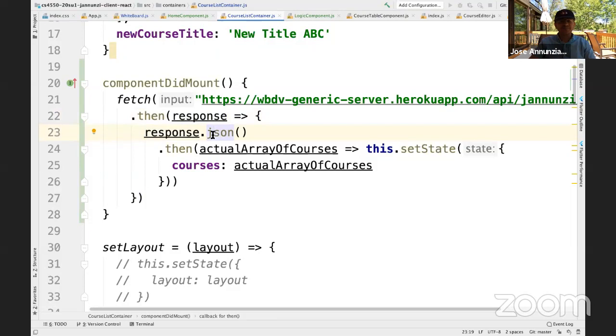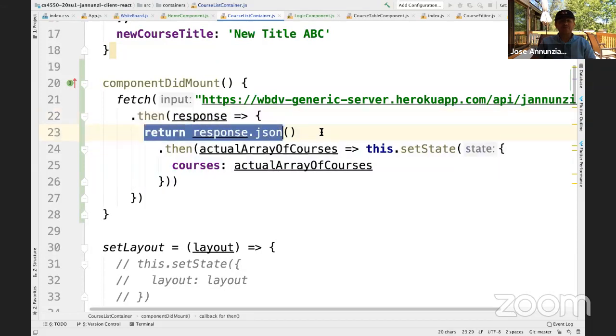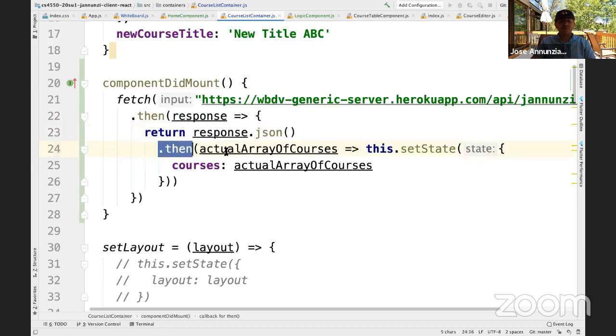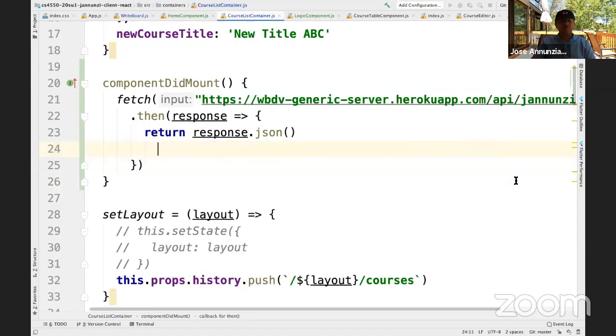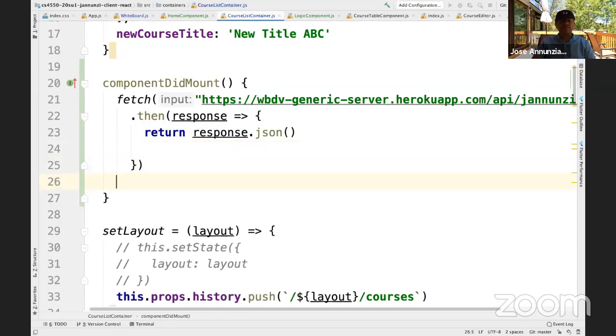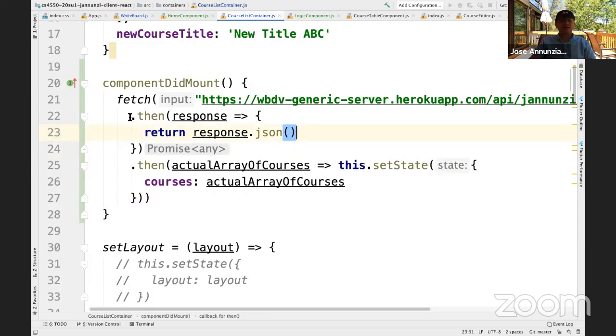Also, if we rewrite this as a return, then that means that what's coming back from this dot then is whatever this returns. And what does it return? It's the promise that we can use to wrap this here, right? So that means that we can move this down here actually. All right, so now at least they're not nested inside of each other, which makes it hard